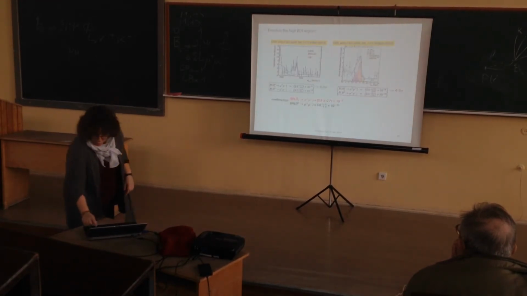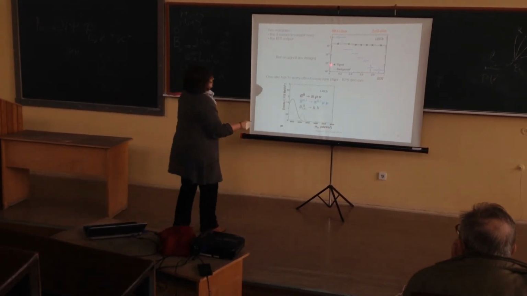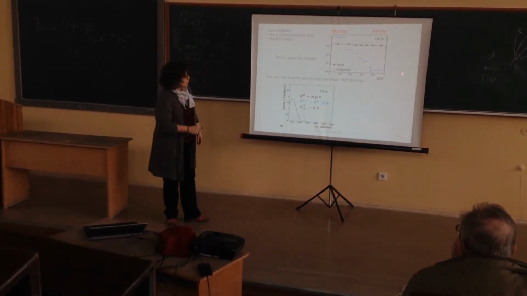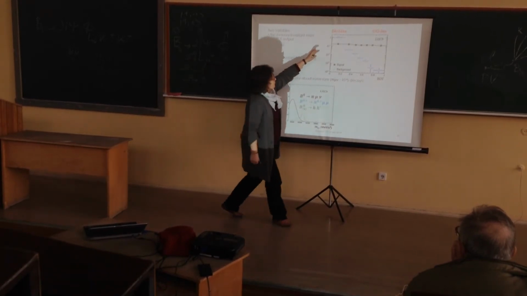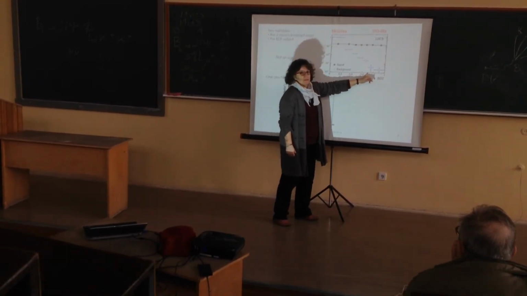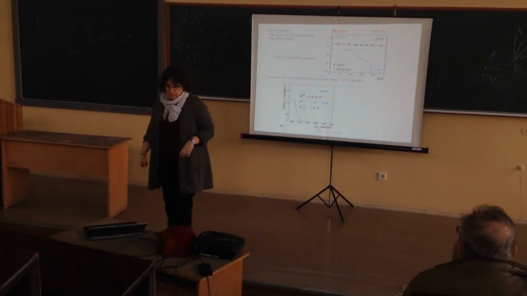Okay, so I told you, this is a variable to recognize signal from background. So if I look at the high BDT region here, you see it's a log scale. I have very few background and still quite a good signal efficiency. It's flat. So if I'm cutting at 0.7 in BDT, I still have 30% signal efficiency.